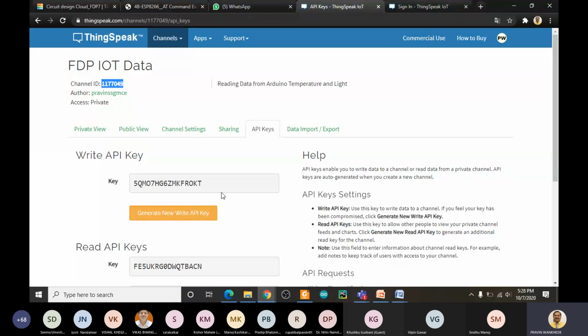What you have to do is copy the channel ID into one of the text boxes, copy the API key into the other, and click on the save button. Once you click the save button, it will access your data from ThingSpeak. So you can use that app for your purpose. You can also share that app with your students so you can show how IoT works with the Arduino and Wi-Fi module.